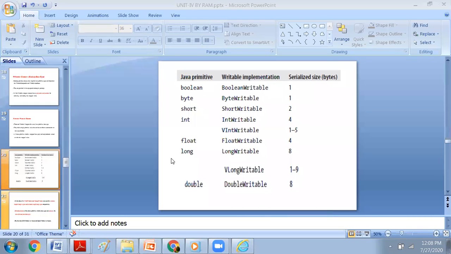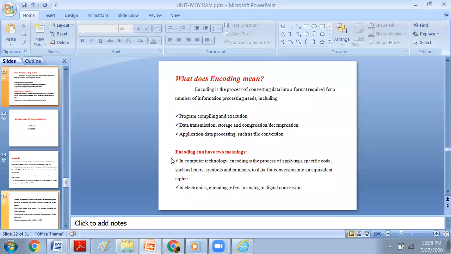To understand the text class in Hadoop, which is similar to the string class in Java, we want the basic concepts of encoding. Briefly, we want the concept of encoding, then we can easily understand the text class. That's why today we will briefly see the concept of encoding. Tomorrow we will continue with our data types, and we will see the text class, which is equivalent to the string class in Java.